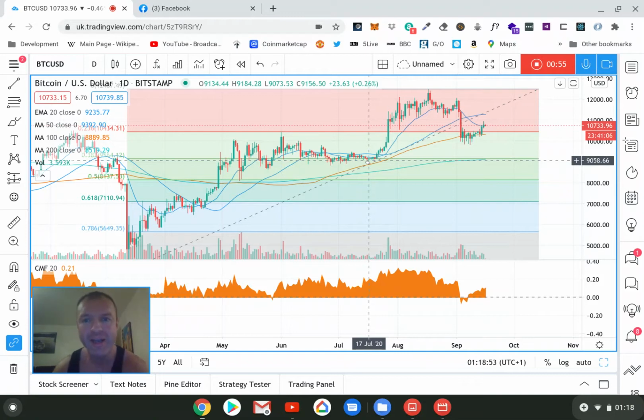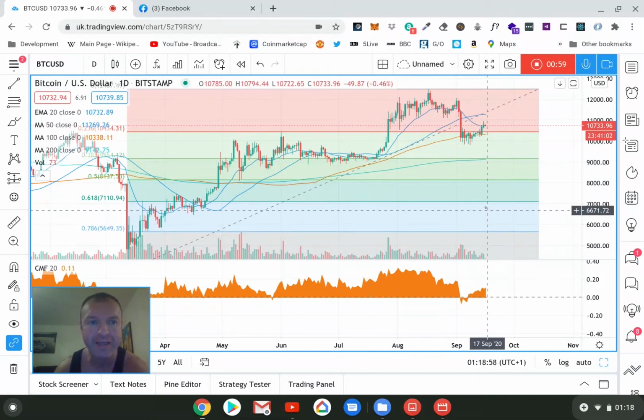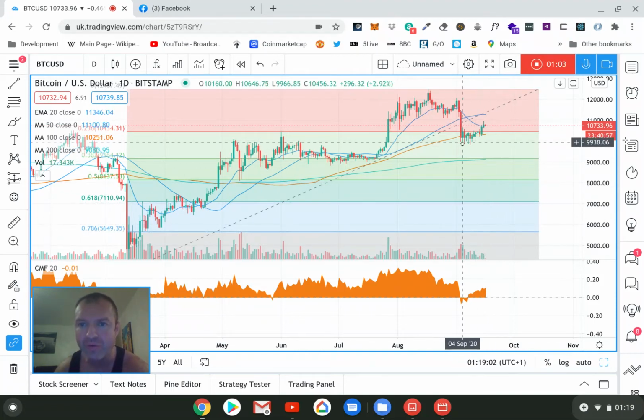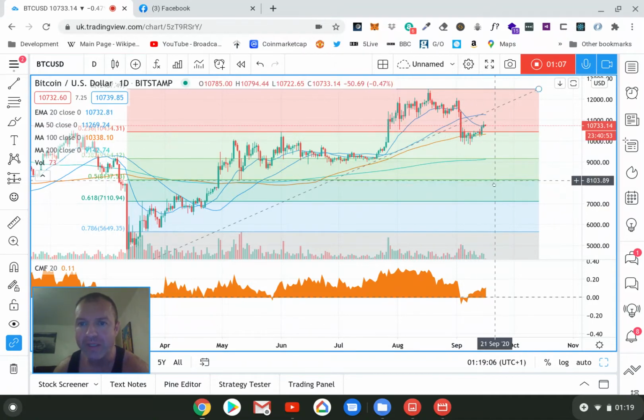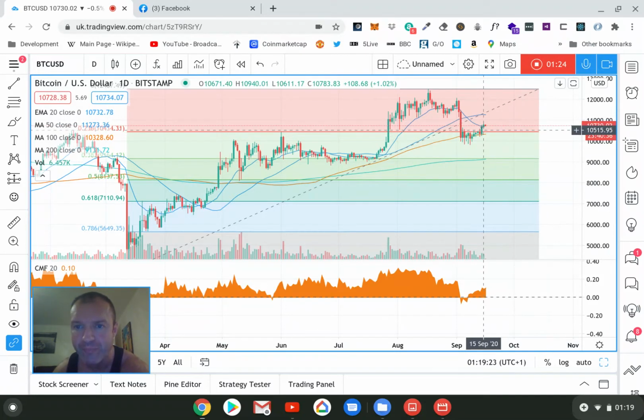We've just had a correction which went down nicely and hit the 100-day moving average. And we've battled the 100-day moving average for days here. 1, 2, 3, 4, 5. A couple of weeks there, battling with the 100-day moving average, which was also just below the 236 fib at 10,434. And in the last couple of days, we've broke above that and closed above that line. A couple of days now on the trot, as you can see there.